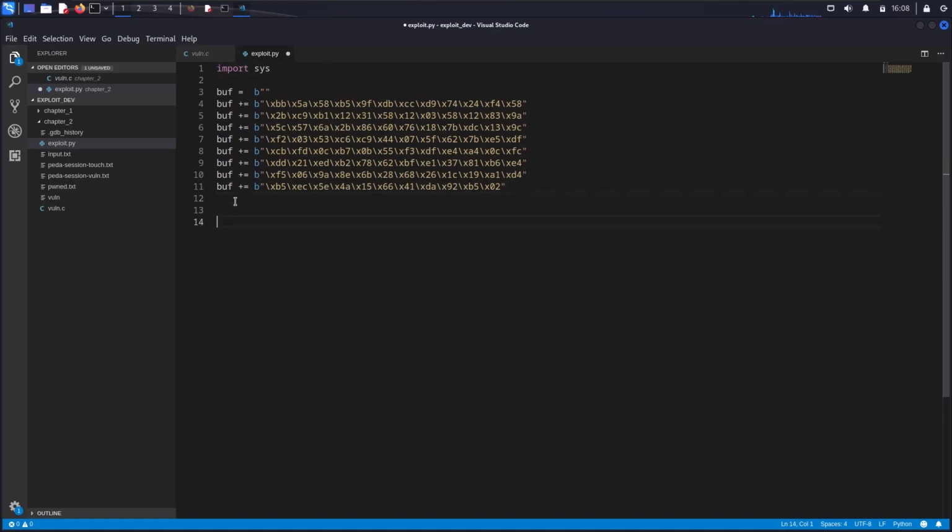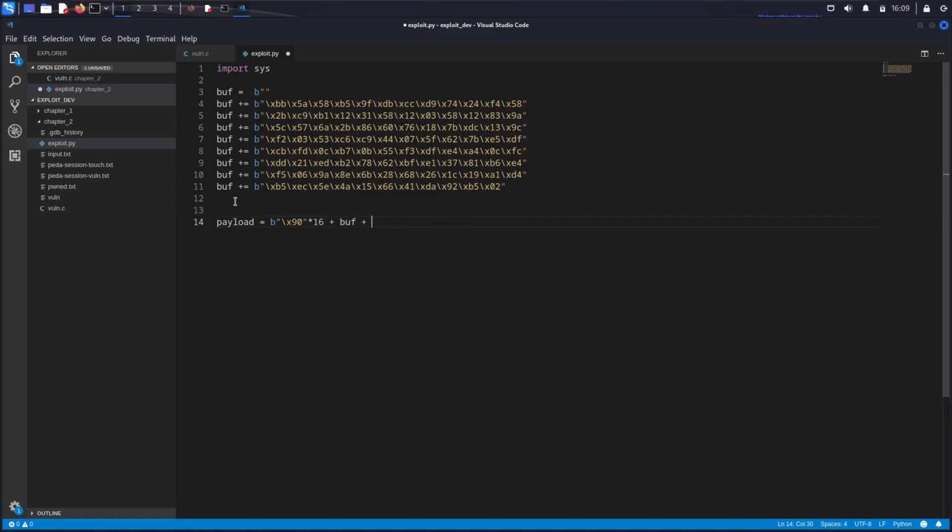So our final payload will be, and everything will be byte encoded. So we will first start with a 16-byte NOP slide, and then our shellcode,